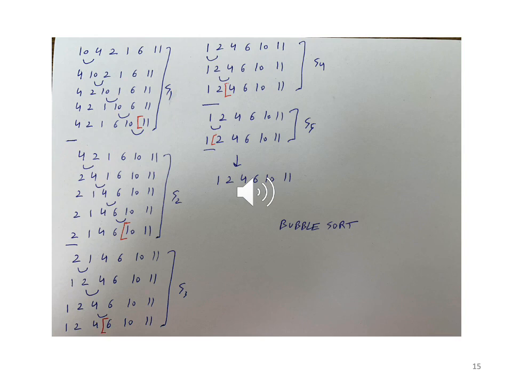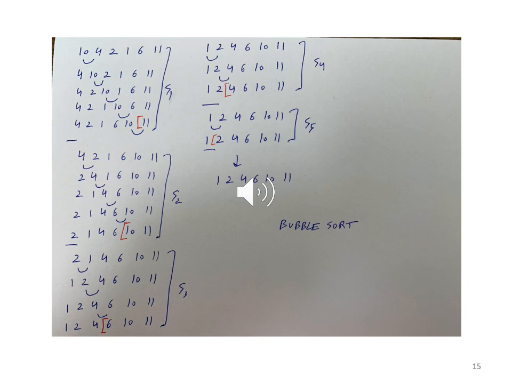Now we do a right shift and compare 10 and 2. Out of sequence, we swap them. So 10 2 becomes 2 10. Now comparing 10 and 1, again out of sequence, swap them. So 10 1 becomes 1 10. 10 6 compare, out of sequence, swap them, 6 10. 10 11 we compare, this time they are in sequence, so we let them be. There is no swap. So now we have examined all the elements. We're at the end of stage 1, and interestingly we'll note that the largest element is at its appropriate position, 11. Right? Well, anyway it was, but even if it wasn't, it would have come there.